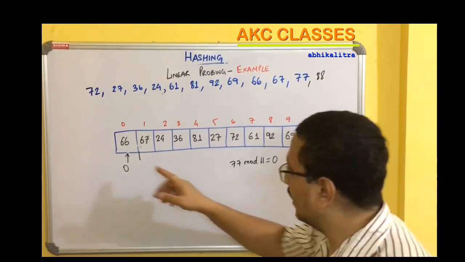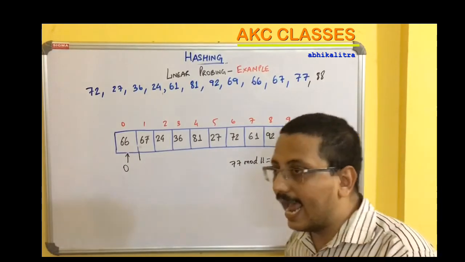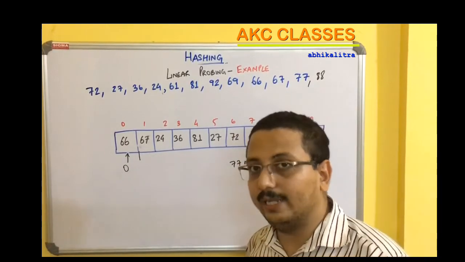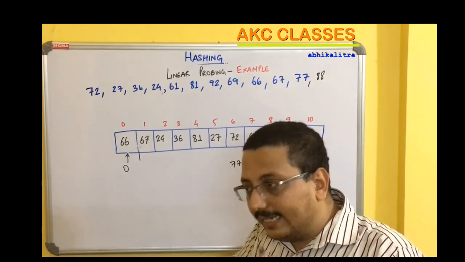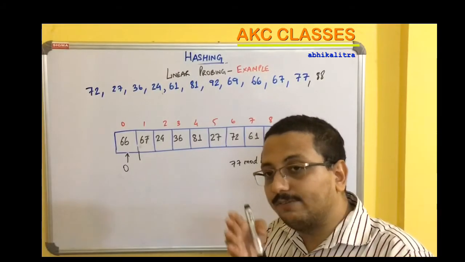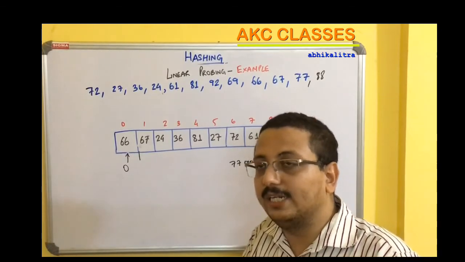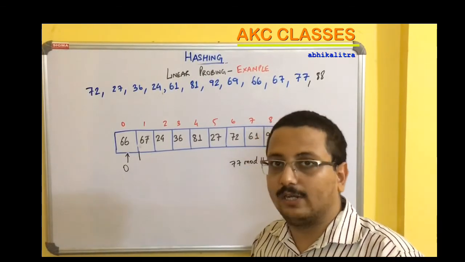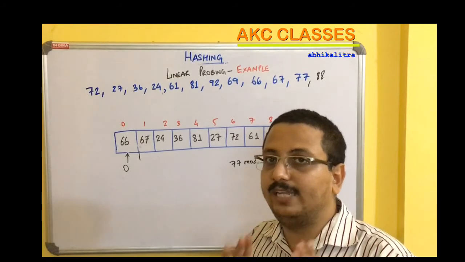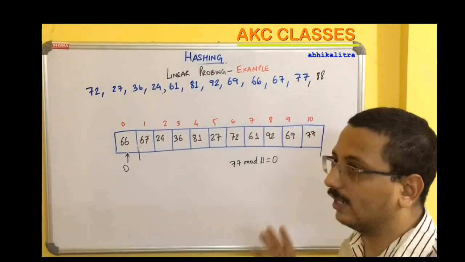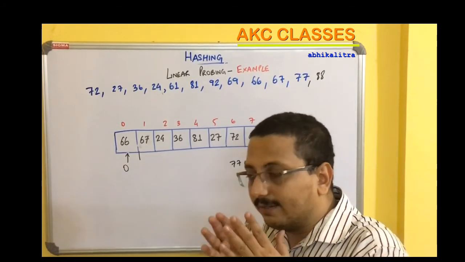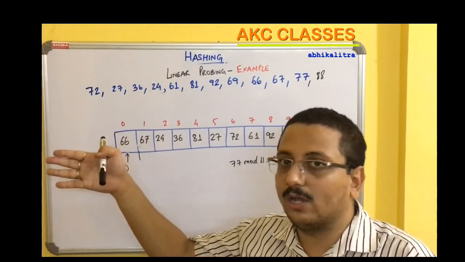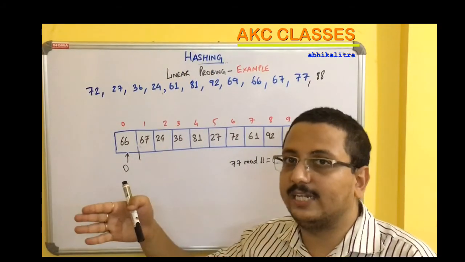Right? So this cluster size will keep on increasing as the collisions increase, because in linear probing, whenever a collision occurs, we probe the next location after the location generated by the primary hash function and try to find the next free slot. If the next free slot is available, we insert that key value in that free slot. Otherwise, the search is continued. So when a free slot is found, it is found after we have crossed that entire block which is already occupied by previous data values.